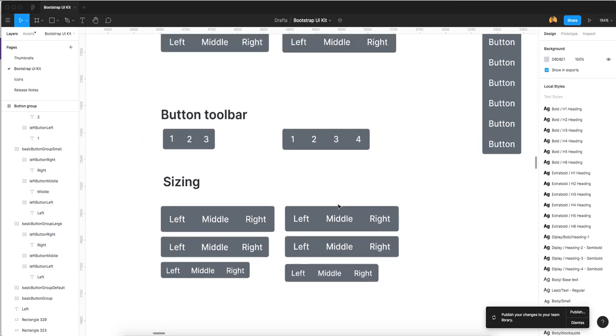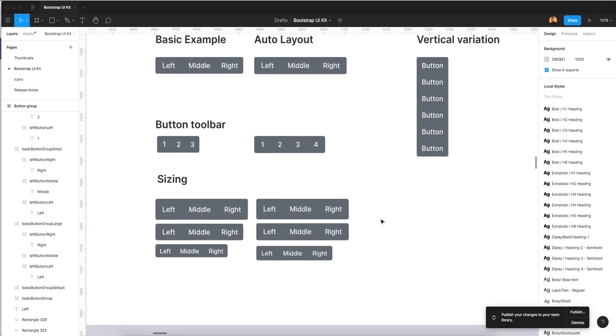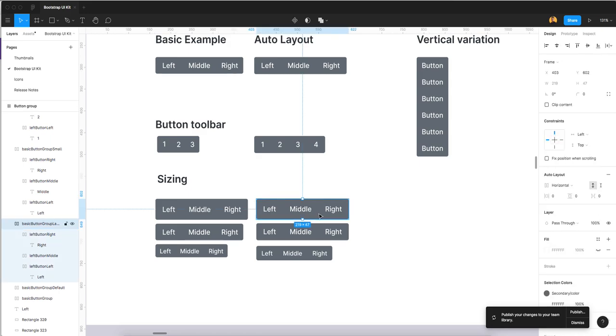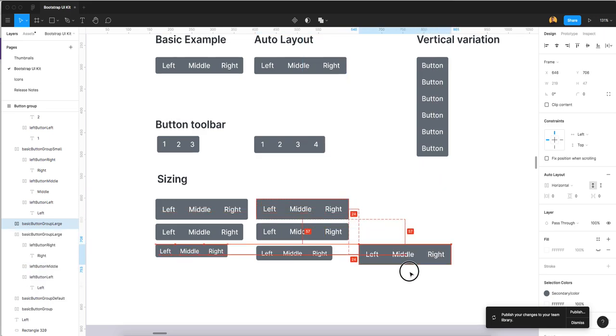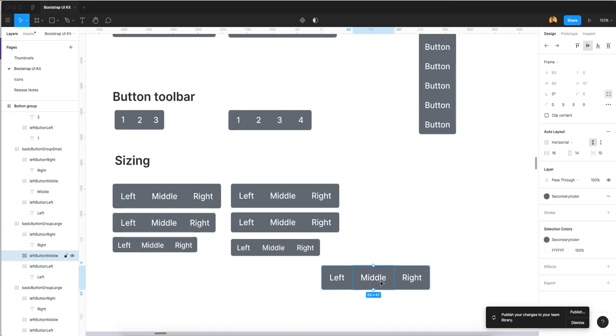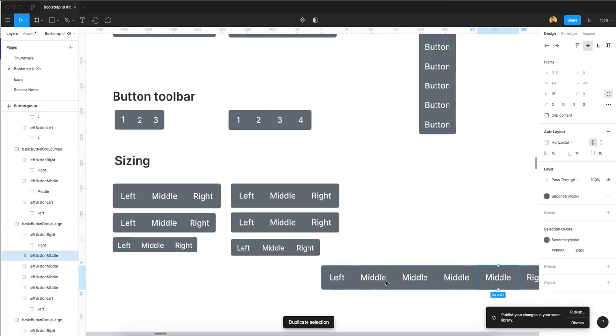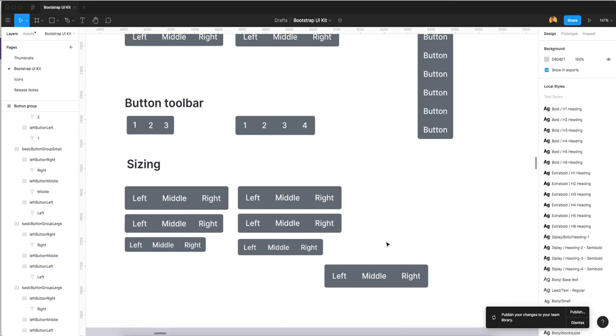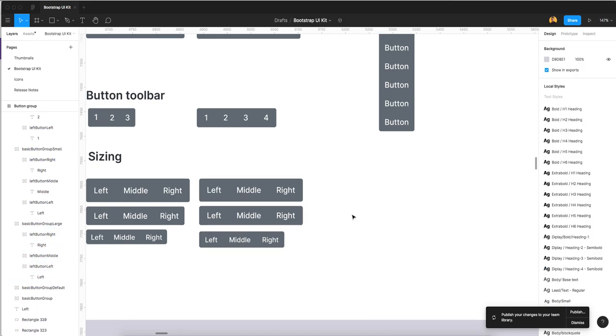Again I select right and increase 14. See, you will get a sizing of button group. It will be also similar like our first group. You just duplicate, and if you want to copy this, just duplicate it. You will see you will get a number of components to be designed. So these are very simple.